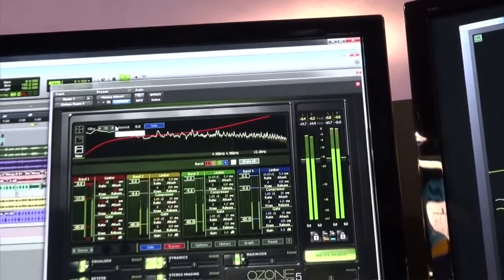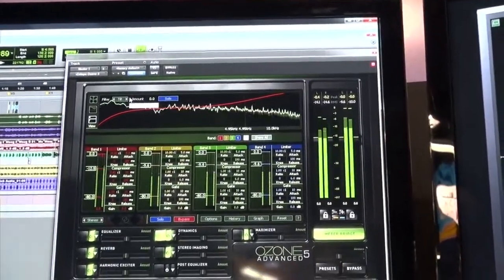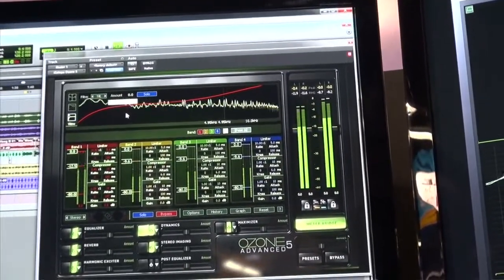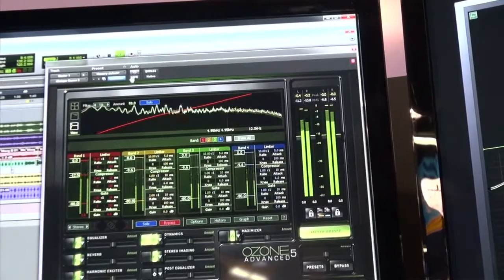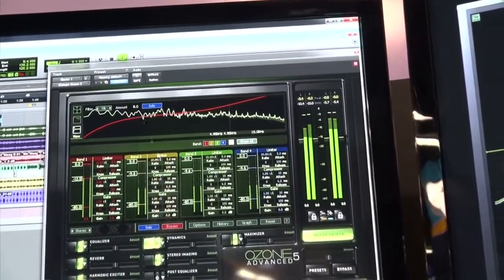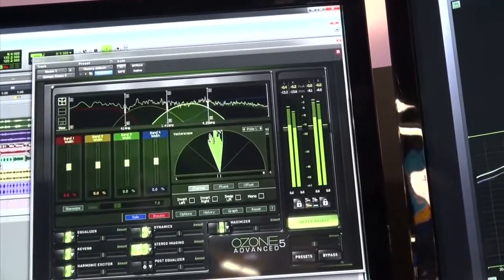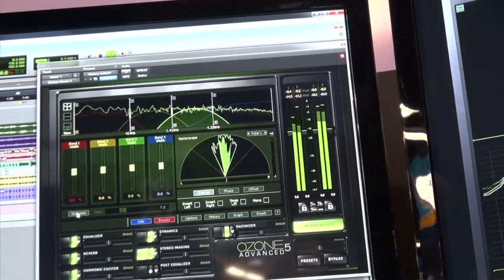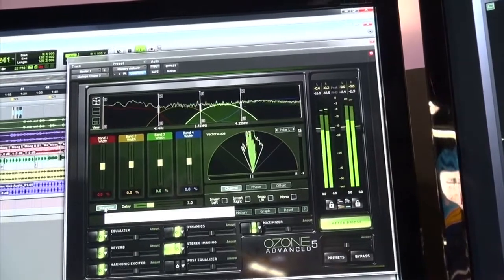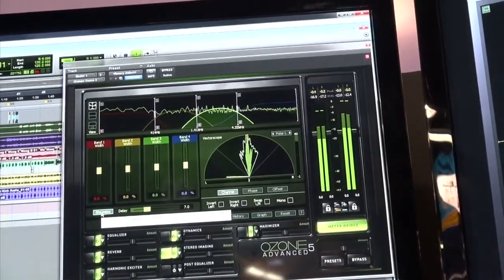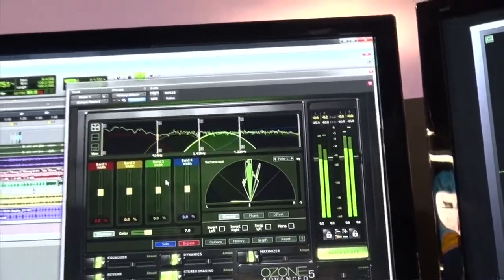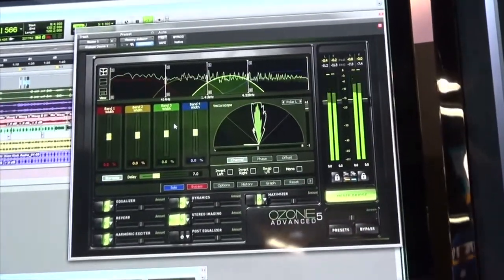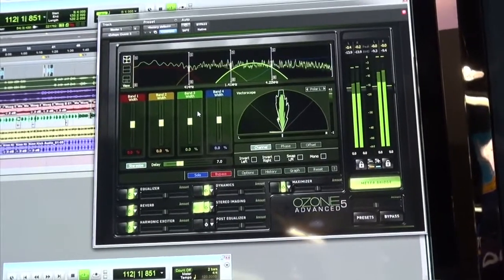I personally do like to throw a lot of extra high-end in my compressor, but not so much low-end. So personal preference, but we have this tilt filter to do that, and we can adjust quite how much we're doing that. The stereo imaging tool is now a mono compatible stereo imaging tool. If we click this button here, the stereoize button, what that actually does is create a mono compatible widening effect, so that if you're mastering something maybe for use in a club system or anywhere where it's likely to be summed to mono, you can be sure you're not going to get comb filtering and phasing that you otherwise would,